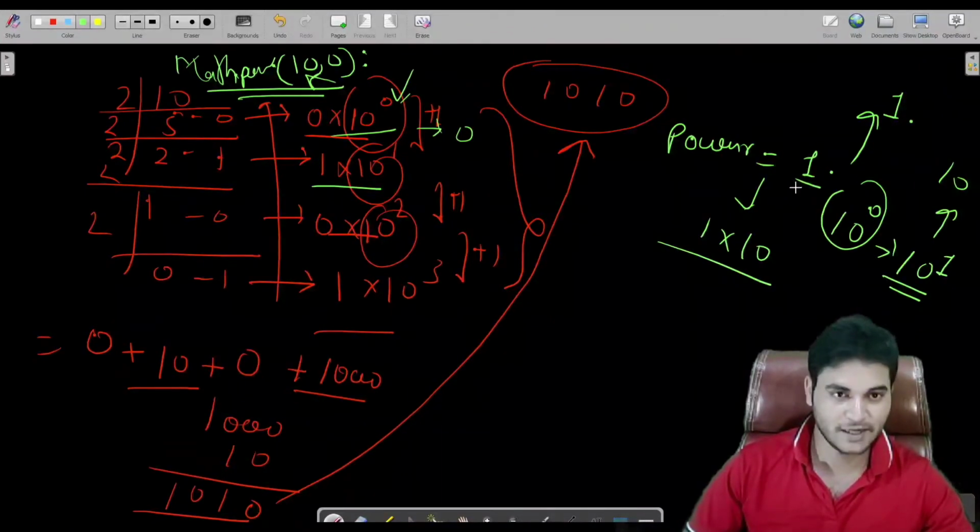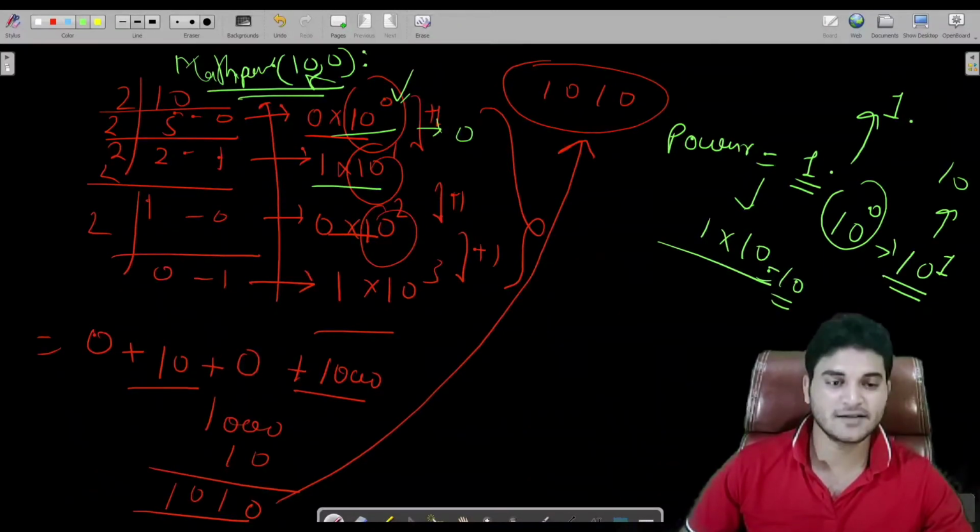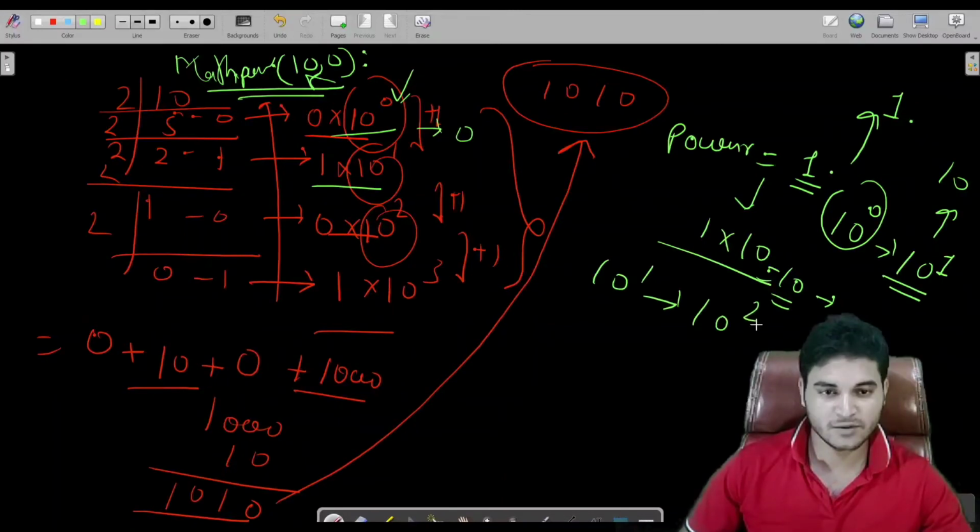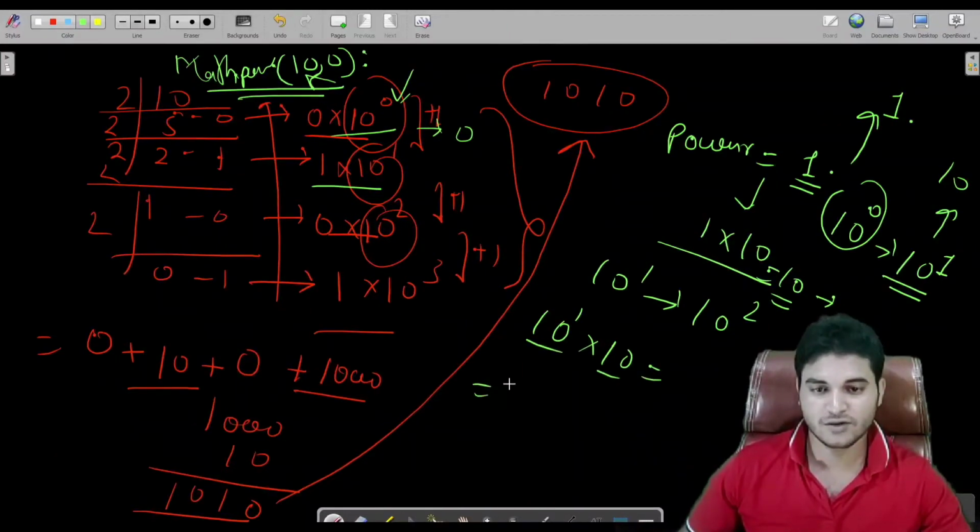So multiplying 10 into 1 becomes 10 only. And let's say we have to make 10 into 100, that means we have to convert 10 to the power 1 into 10 to the power 2. So you just have to multiply with 10 again, so the power would be 1 plus 1, so 10 to the power 2.